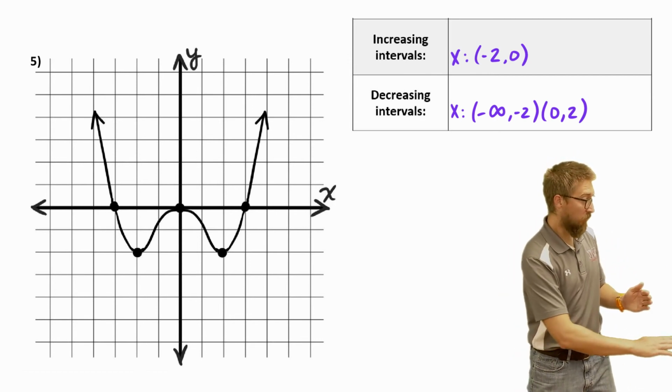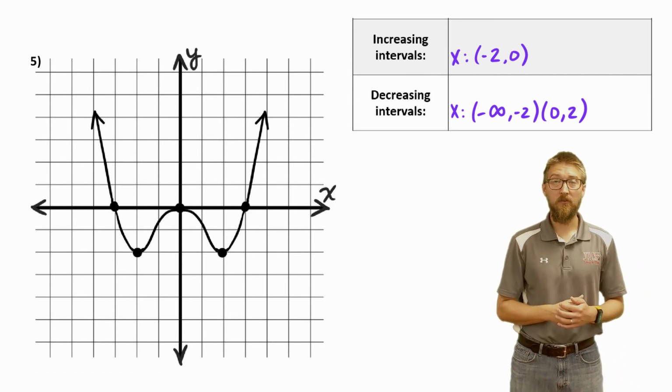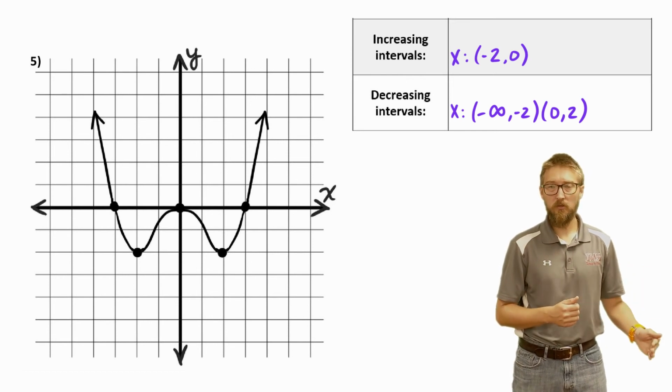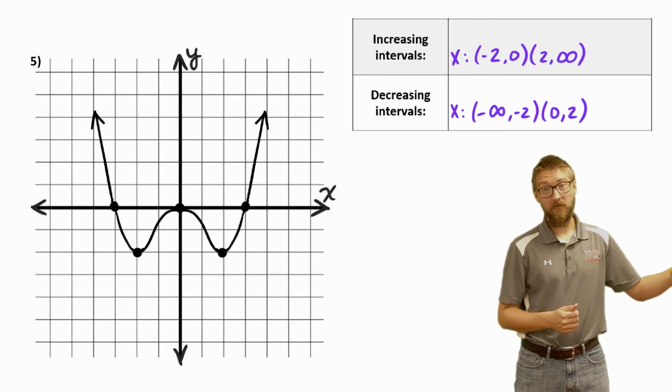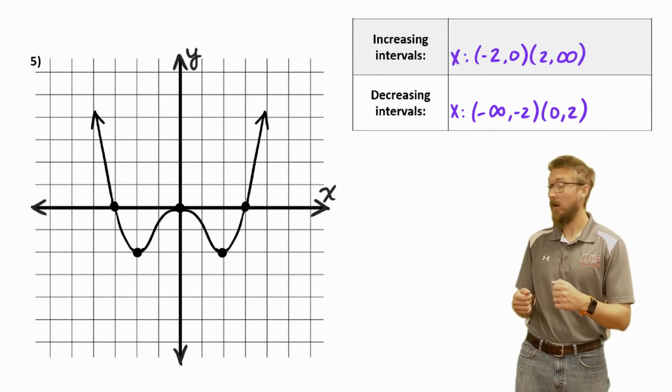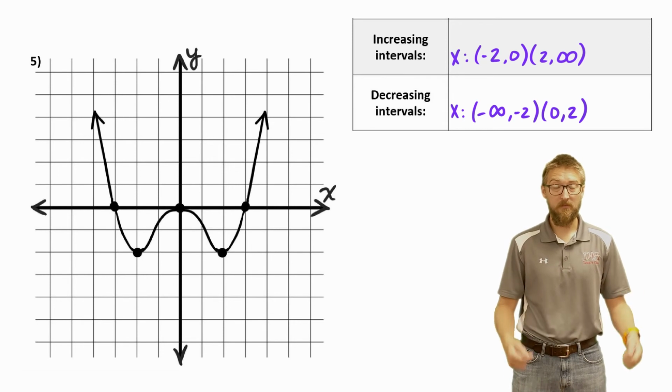Now at that point, you switch directions and you're going to be increasing for the rest of your life, going up the roller coaster, you'll die there. And so from 2 to infinity, forever and ever, you'll be an old man on this roller coaster, and everybody behind you will be old people, and it'll be